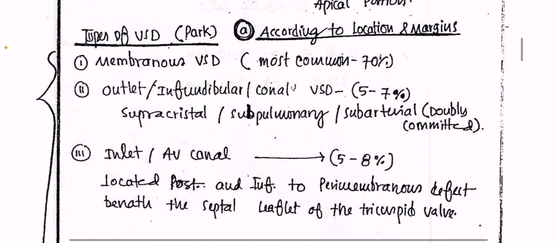Now, what are the types of VSD? According to location and margins: membranous VSD, most common, 70%. Outlet or infundibular or conal or supracrystal or subpulmonary or subarterial or doubly committed VSD, 5 to 7%. Inlet or AV canal VSD, 5 to 8%, located posterior and inferior to the perimembranous defect beneath the septal leaflet of the